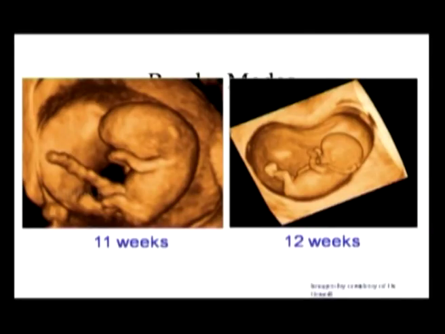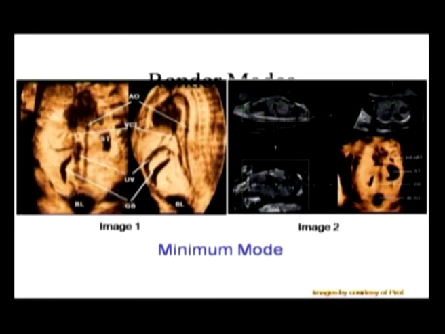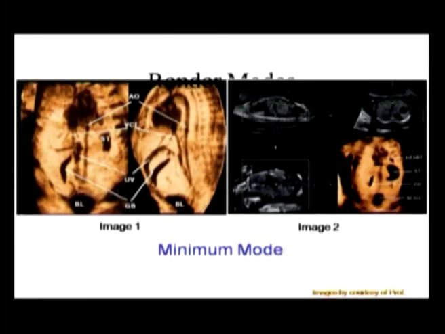So this is a 4-dimensional image of a baby of 11 to 12 week size. This is called the minimum mode. Suppose a fluid filled structure is there in the body, like a stomach. For example, the baby's stomach will be filled with fluid. We will be able to see those fluid filled structures in a different format using this minimum mode. You can highlight those structures, and if there is any abnormality related to those structures,